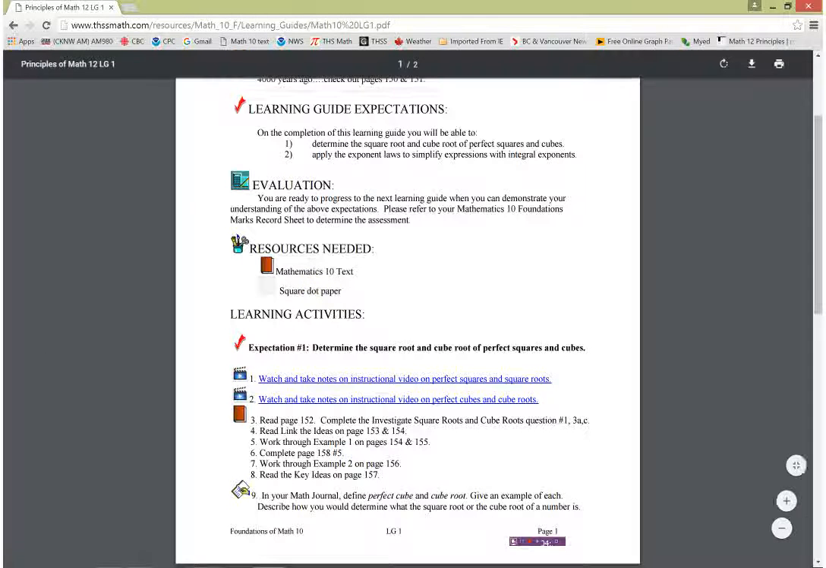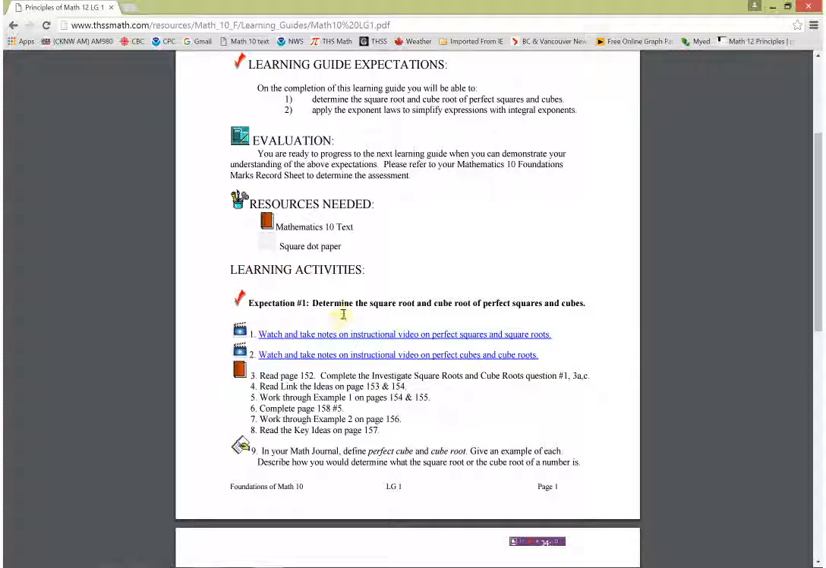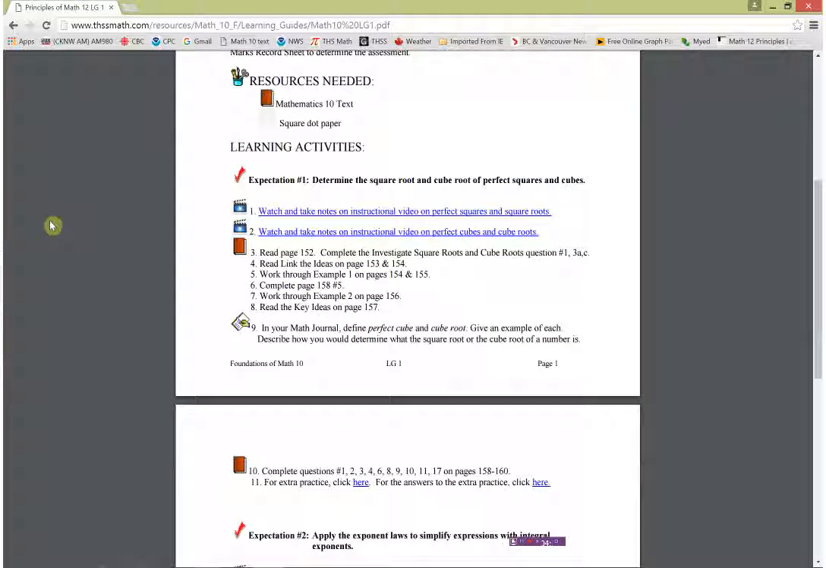And then here for expectation 1, which was finding the square root and cube root, there's a couple of videos. The first one's on squares and square roots, and the next one's on cubes and cube roots. So you can watch these, a little lesson on how to do those things, and take some notes. And then out of the textbook, here's some things that you should be working through. Then you'll see down at number 9,